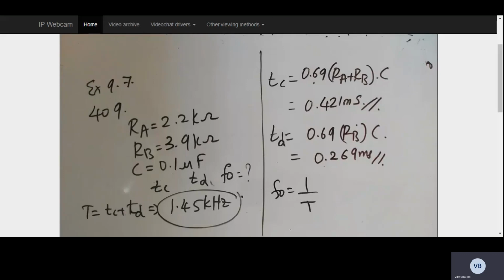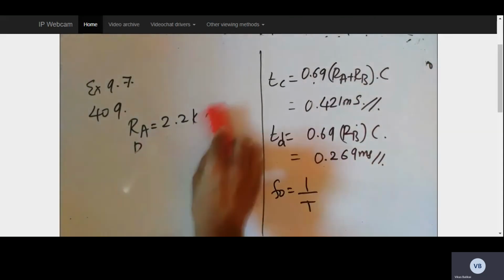Let's just check it out. Now again here also, if they do not mention anything about the C value, you can always assume it in the range of 1 microfarad or less than that. So that is again going to be the apt value.